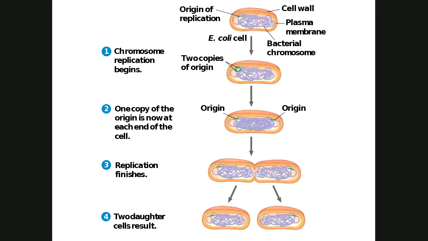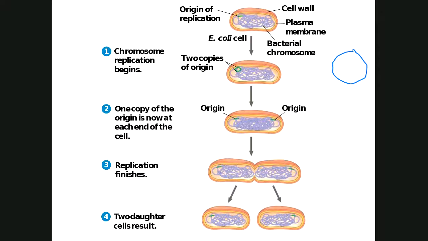If you remember from our discussions, chapter 4, I think it was, we talked about some of the differences between prokaryotes and eukaryotes, and we said one of them was that eukaryotes had multiple chromosomes. We have 46 or 23 pairs, whereas prokaryotes have one singular chromosome. That is one single chromosome. If you pulled that whole chromosome out of that cell and unwound it, it would be one piece of DNA in a singular loop.